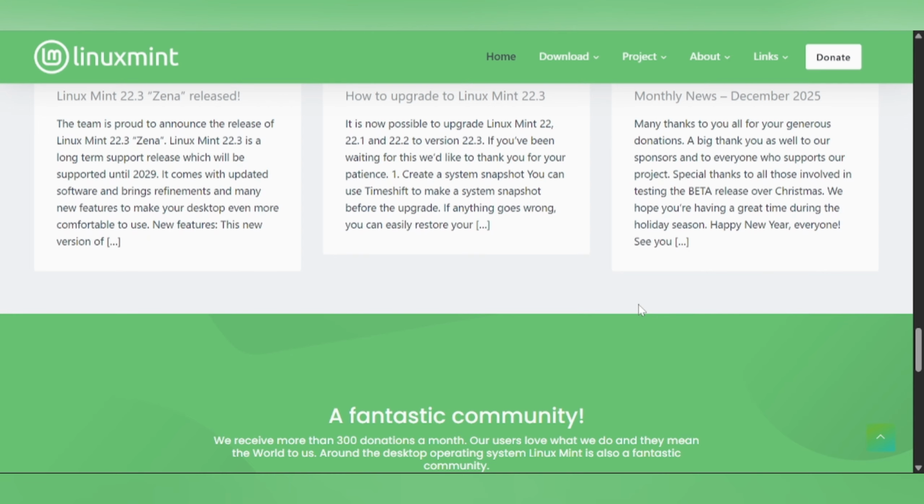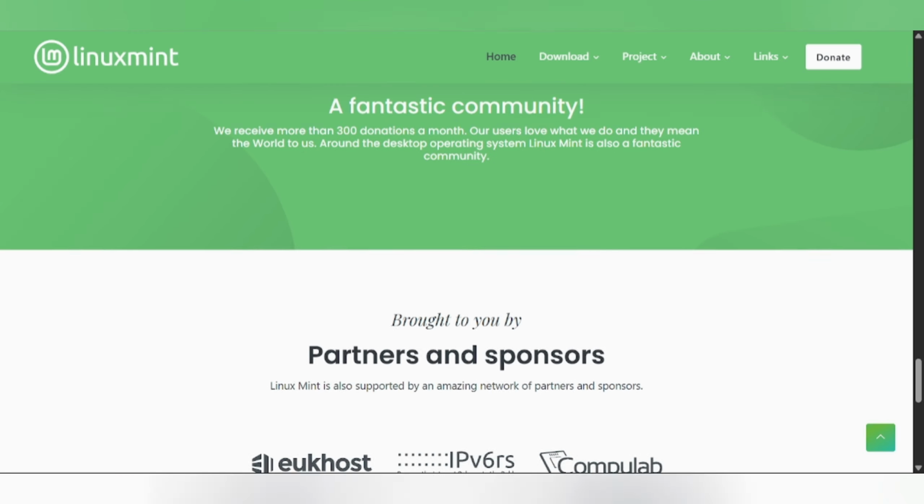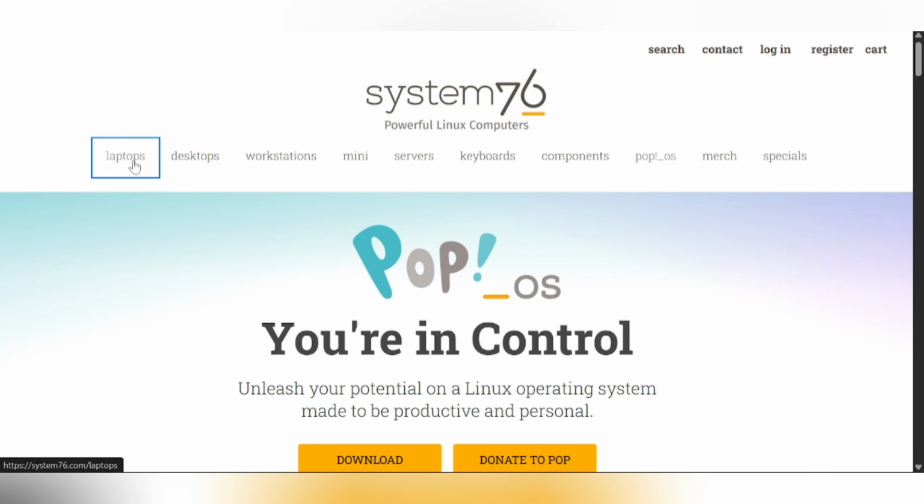Consideration: it follows a conservative update philosophy, prioritizing stability over having the absolute latest software versions. It may lack some of the cutting-edge workflow features found in more specialized distributions. Direct comparison and final recommendation: choose Pop_OS